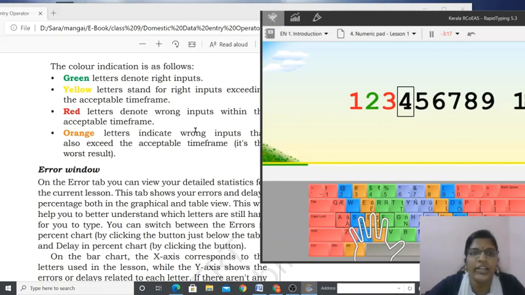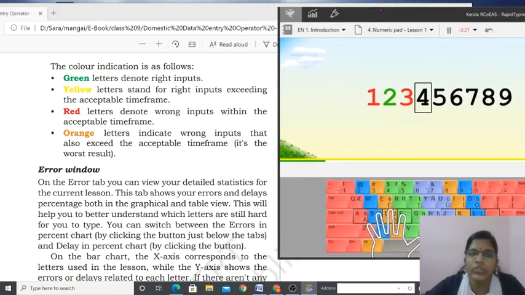Orange color indicates wrong inputs that also exceed the acceptable time frame. Within that time frame, I did not type, and after the time frame, I have written, but I have also given the wrong input. That is called orange color. So the 4 different colors you should understand. So green color means right input at the right time frame.